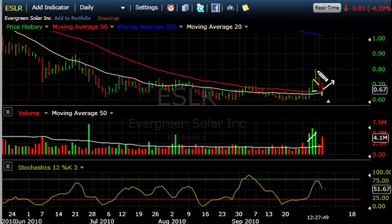I did initiate a small position today, and if we get a breakout of this short downtrend off the high of that surge, that would provide another entry signal, and I possibly may add to my position in Evergreen Solar. So it looks real good. The long downtrend that we've seen in this stock may be complete,